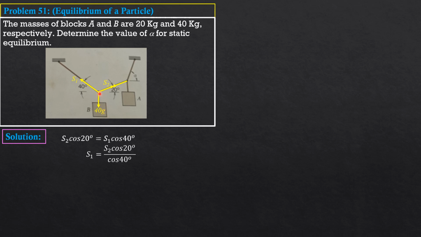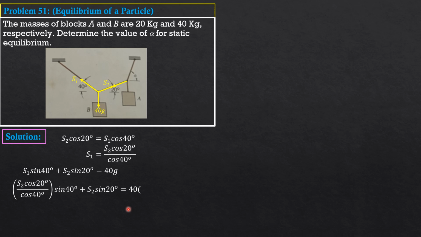Then summation forces vertical: S1 sine of 40 degrees plus S2 sine of 20 degrees minus 40 times G equals 40 times G. Substitute, replacing S1 by this value. So S2 cosine 20 over cosine 40 degrees times sine of 40 degrees plus S2 sine 20 degrees equals 40 times 9.81. So from here, we can now compute S2. S2 is equal to